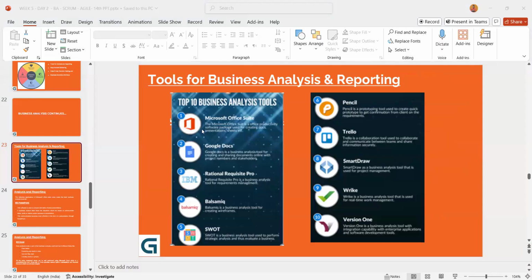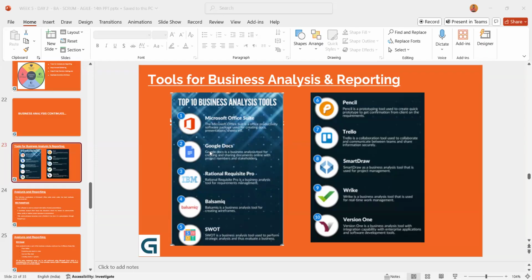So here are a few tools like Microsoft Office Suite. Everything under Microsoft Office Suite might be required by a business analyst, including Microsoft Word, Microsoft Excel, Microsoft PowerPoint, and every single thing. So you should be tools ready, so that you can start utilizing them at work and become more flexible in using them. Whatever comes under Microsoft Office Suite will become your machinery to use at work.